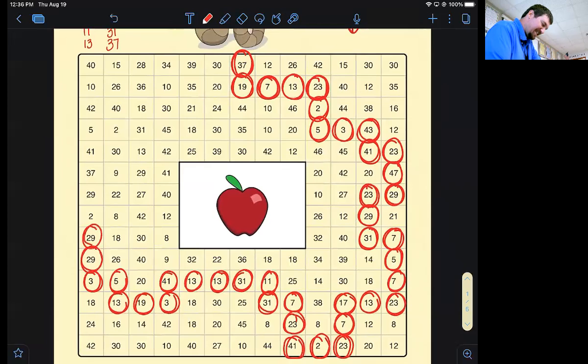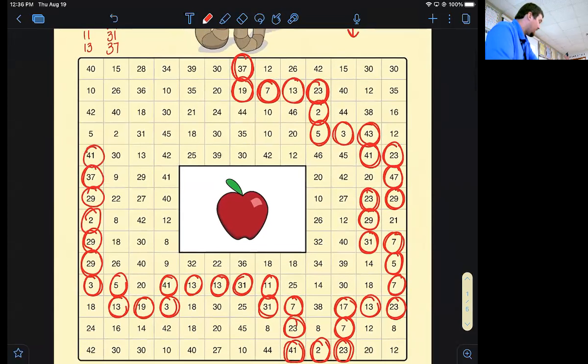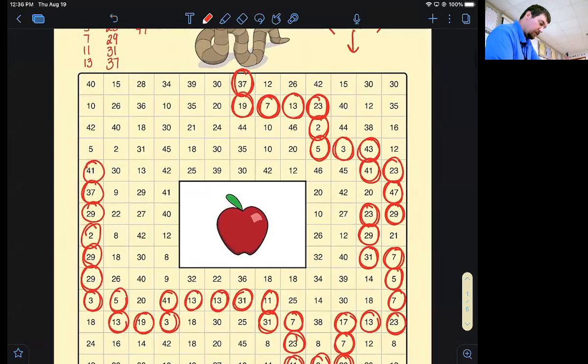29, 29, 2, there's 29 again. That's easy. Bunch of 29s there. 37 and 41 are both prime. I can't cut over to 9, by the way, because you know 3 goes into that. So it's not just 1 and 9. So I got to go up to 5, 2,